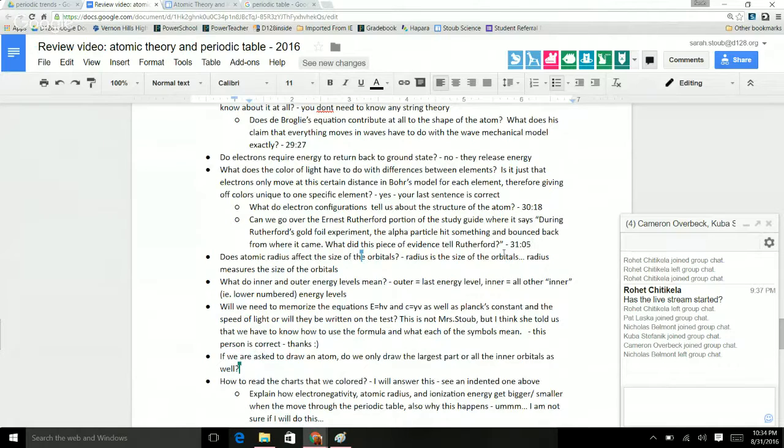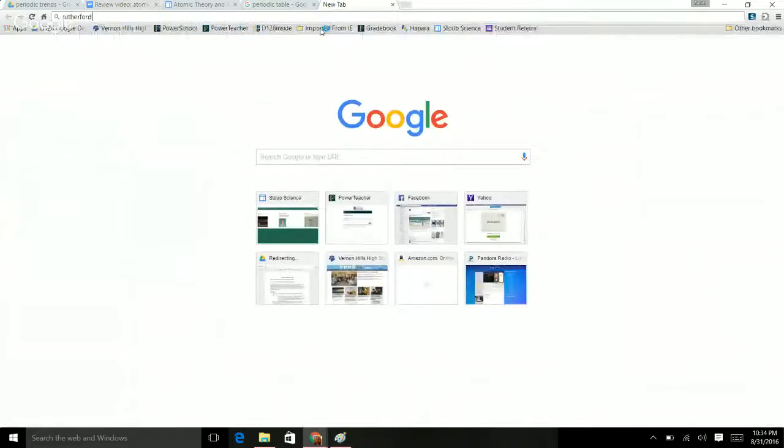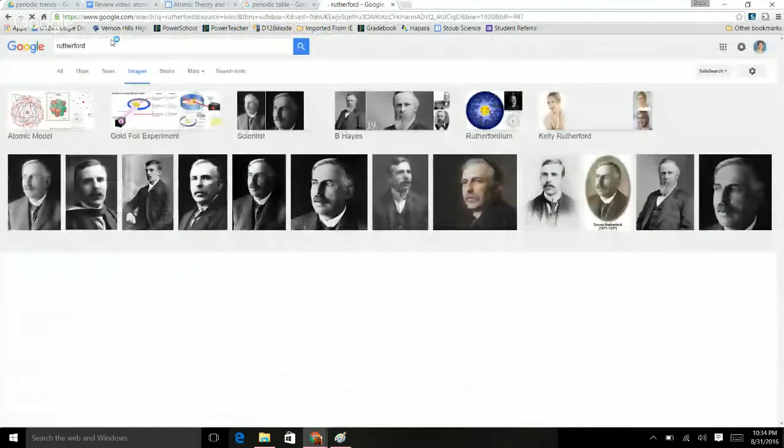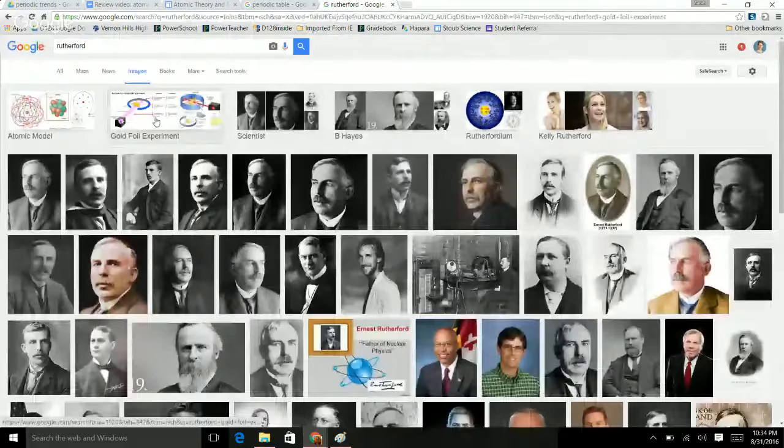He shot alpha particles at a let's see if I can get you an image. Not of him. Yeah, this one's a good one. Okay. So